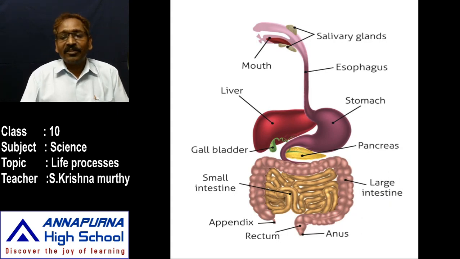After the digestion of food in the small intestine, the digested food is absorbed, that is absorption. The absorbed food is once again sent to the liver and cells, which is known as assimilation. The leftover food material in the large intestine is sent out through the anus, which is known as defecation. So the process involves ingestion, digestion, absorption, assimilation and defecation.